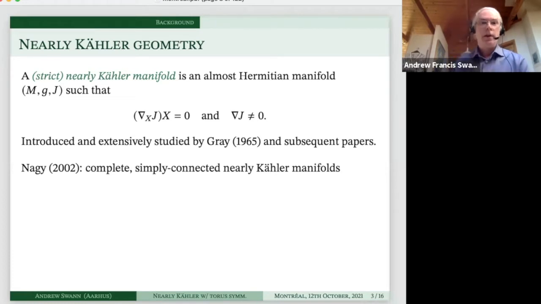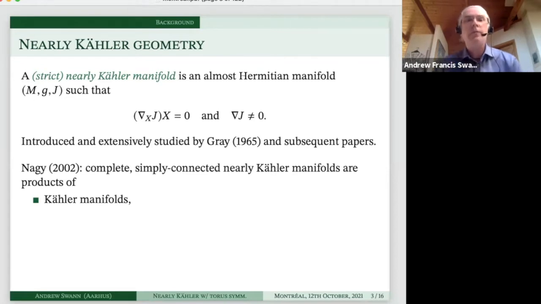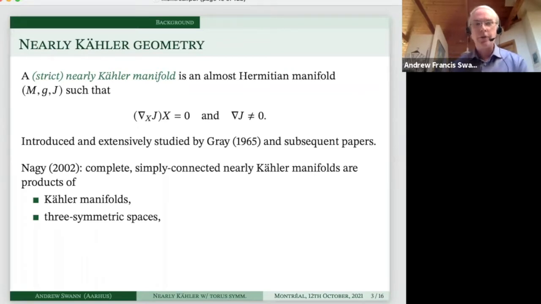So here I'm dropping the word strict, for the moment, or maybe I have some factors that are not strictly nearly Kähler, but Nagy's result can be phrased in this way: if we have a complete, simply connected nearly Kähler manifold in any dimension, then it's a product of a Kähler manifold, a three-symmetric space, or several three-symmetric spaces,